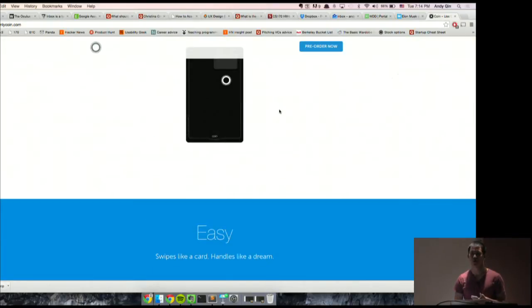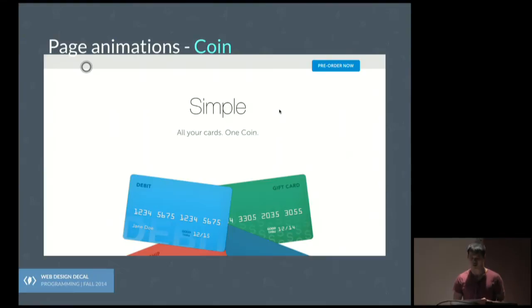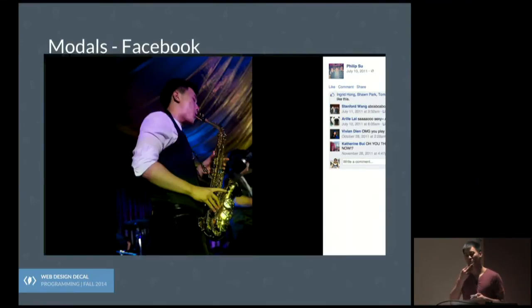Of course, this is only possible when you know a lot of JavaScript. Another cool example is modals on Facebook. Here's a term that you may or may not know, but modals are basically when the entire page turns into a sort of carousel of photos, or a slideshow of photos with left and right arrows, and then you can swap through them. In case you didn't know what those are called, now you know we call them modals. Alternatively, you can call them carousels, but I think modals is probably a better term.